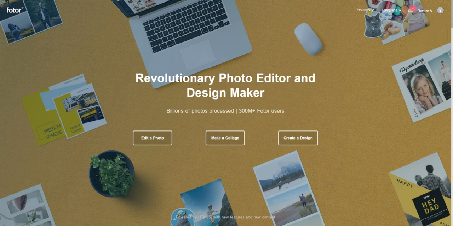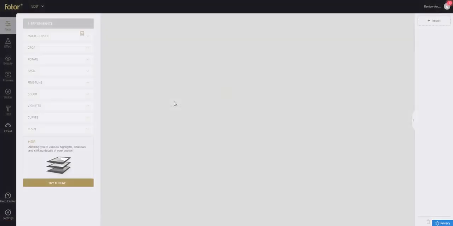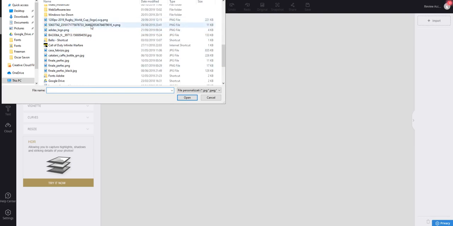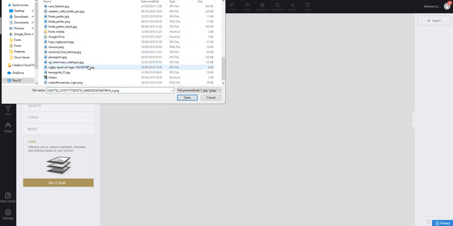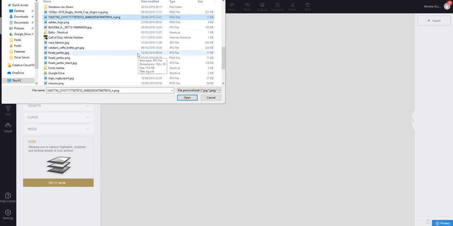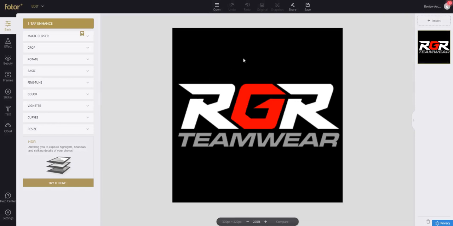But let's go back and start with edit a photo, which is the first tool in the tool itself. When it loads, as you can see, it will guide you, so you can load your picture from your computer, from the cloud, which is their own archive, or from Dropbox or Facebook. I will upload something now from my computer. I just have something in mind. And there we go. It's a basic logo,